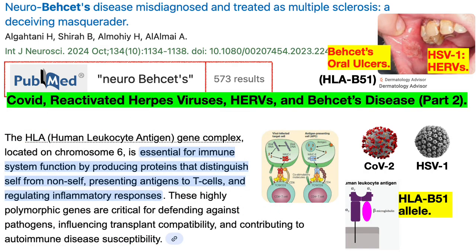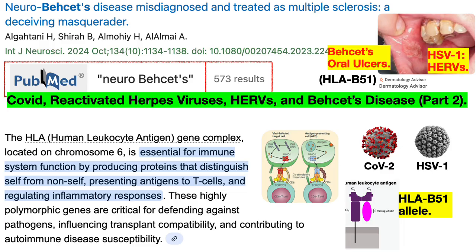First, what is the HLA gene complex? It stands for human leukocyte antigen. It's located on chromosome 6. It is essential for immune system function by producing proteins that distinguish self from non-self, presenting antigens to T cells and regulating inflammatory responses. These highly polymorphic genes are critical for defending against pathogens, influencing transplant compatibility and contributing to